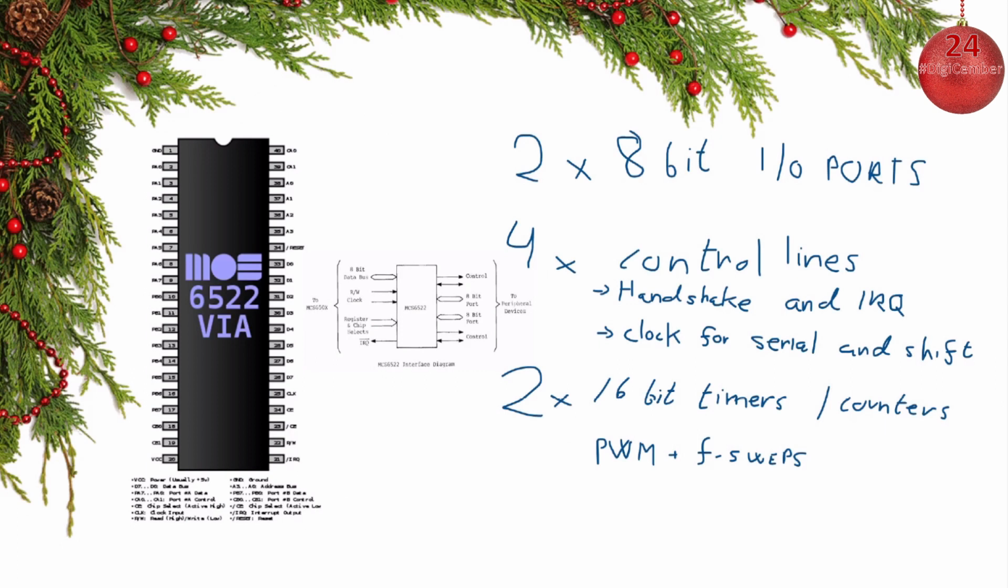But to make a computer, you really need some I/O. You need to be able to interact with the computer, and you probably need a display and at least a keyboard. And the 6522 VIA is actually key to doing both of these, because this is a general purpose 2x8-bit I/O